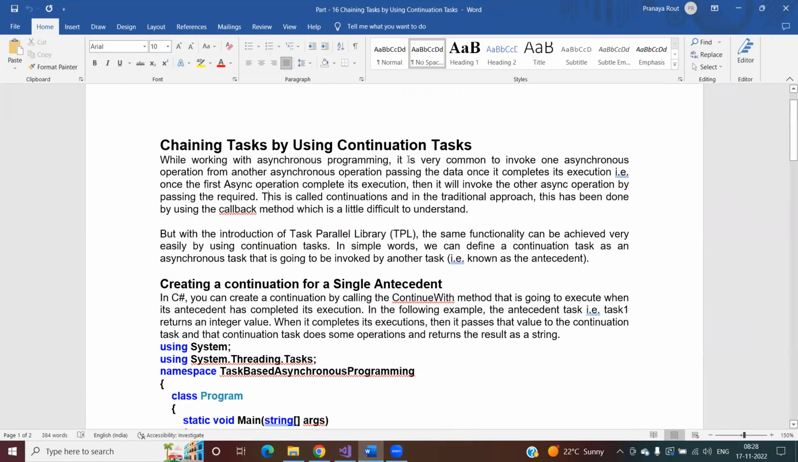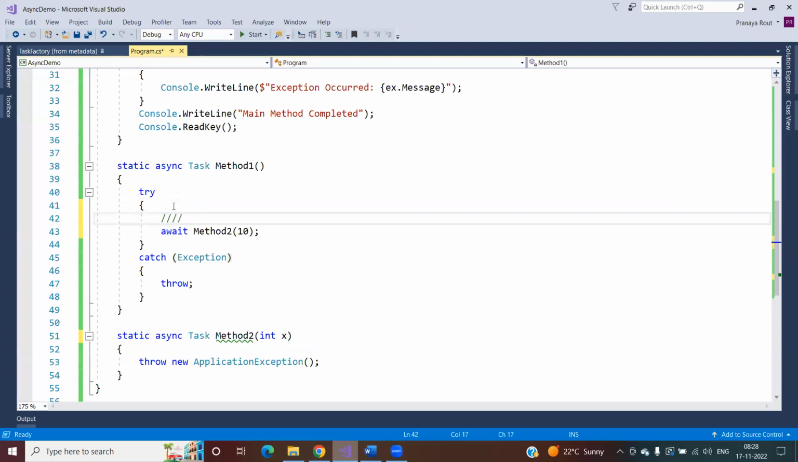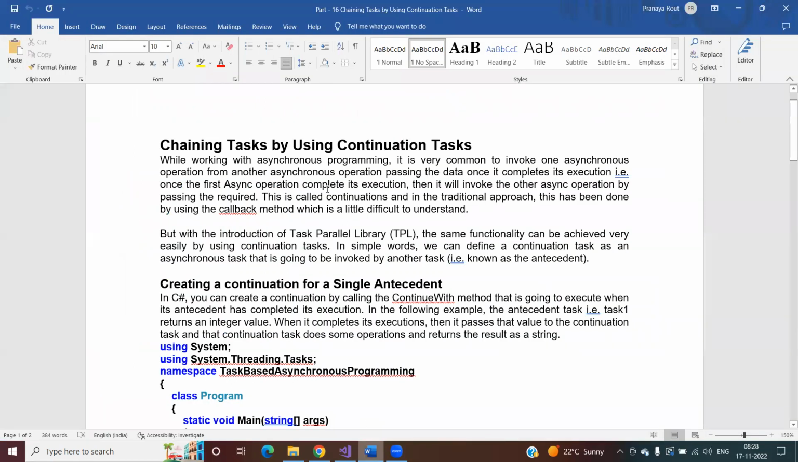While working with asynchronous programming, it is very common to invoke one asynchronous operation from another asynchronous operation, passing the data once it completes its execution. What it means? It means once this method one completes its execution, then only I need to invoke this method by passing some data. So this is what it is saying, that is, once the first async operation completes its execution, then it will invoke the other async operation by passing